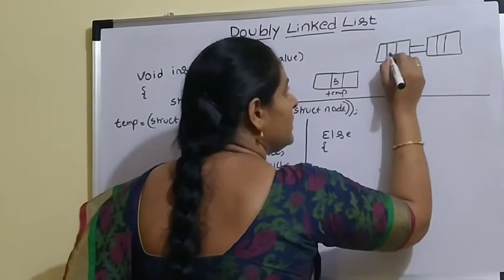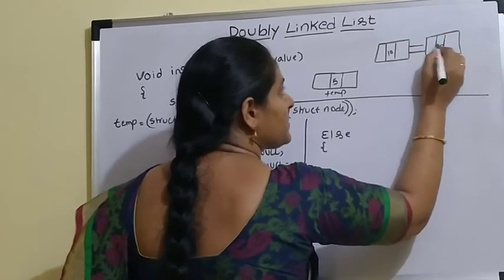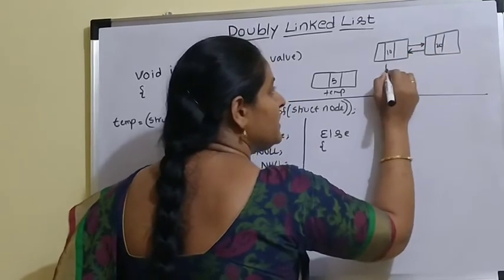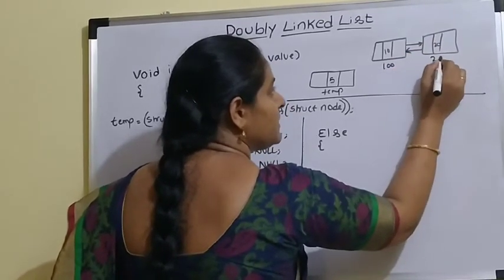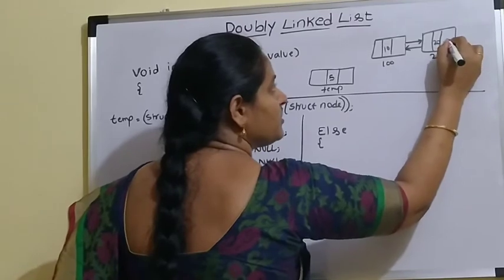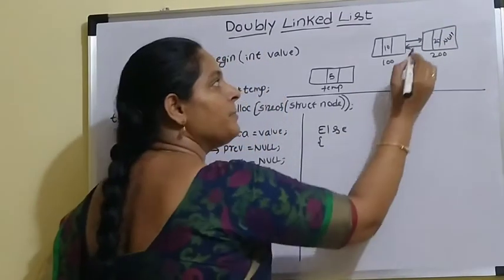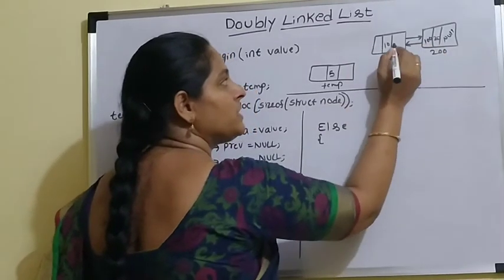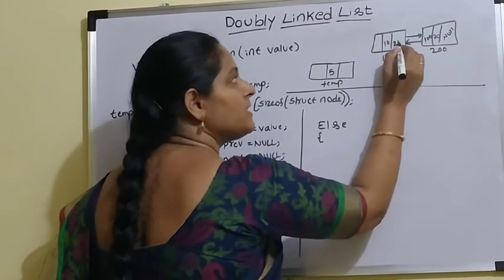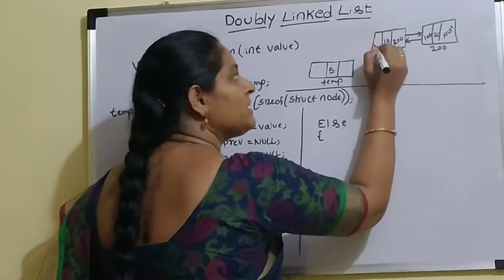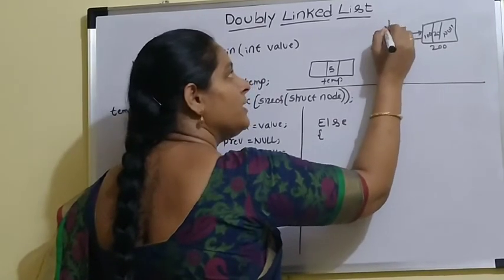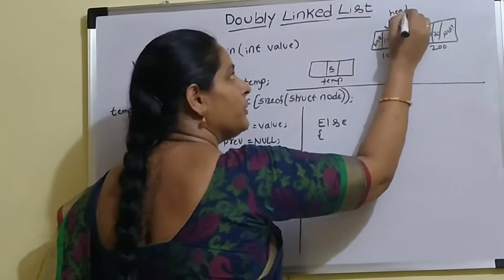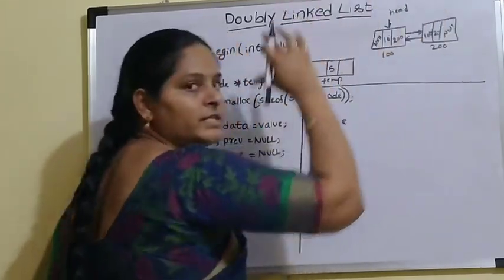So here two elements are there in the list. Just assume that there are two elements in the list, and this address is 100, this address is 200, and this is the last node in the list. So next part is null, and this is the second node. Second node previous part contains address of first node. First node next part contains address of second node. Previously this is the first node, so null value, and this is the head node. Just assume that there are two nodes in the list.